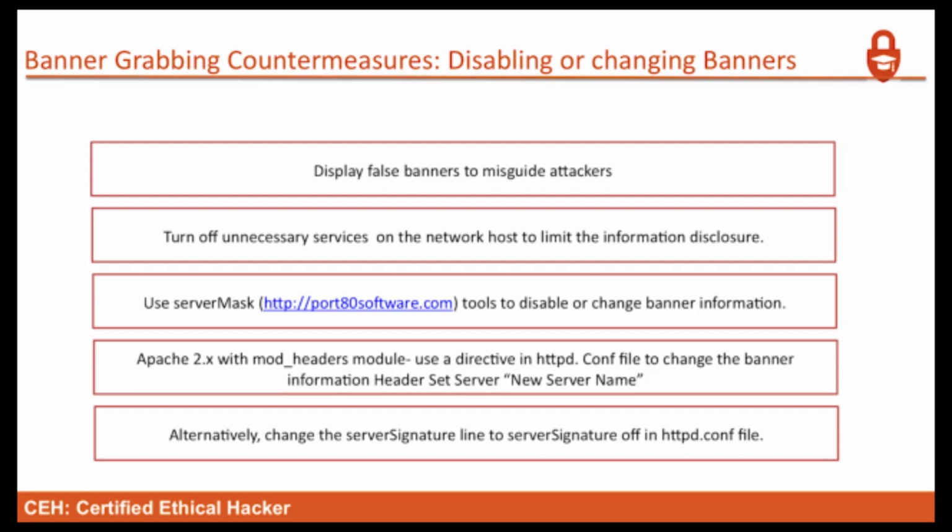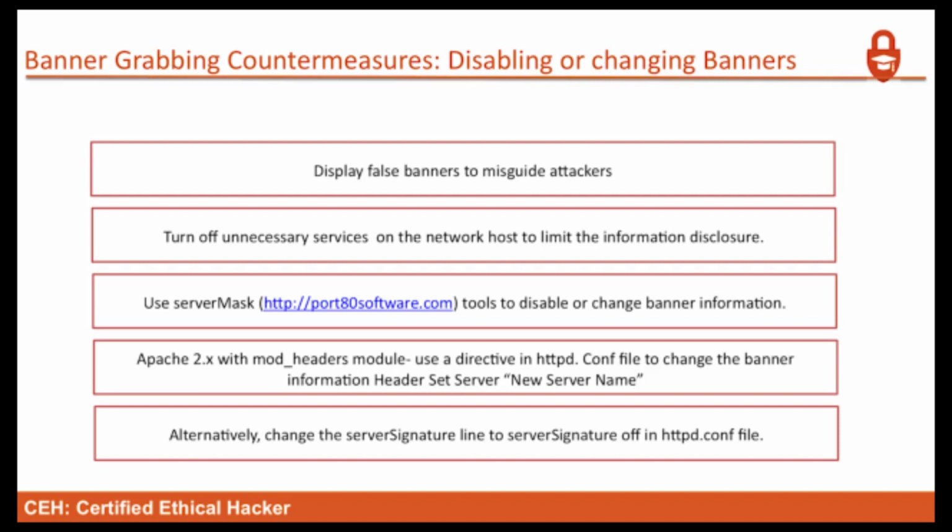You want to turn off unnecessary services on the network host to limit the information disclosure. So you might reveal that you have a web server running, but you don't want to reveal that you have anything else running. So you want to use server masking to disable or change banner information. You can go in and alter what banners are displayed via the configuration files. So instead of it just displaying the default banner, you can have it go in and say, I want you